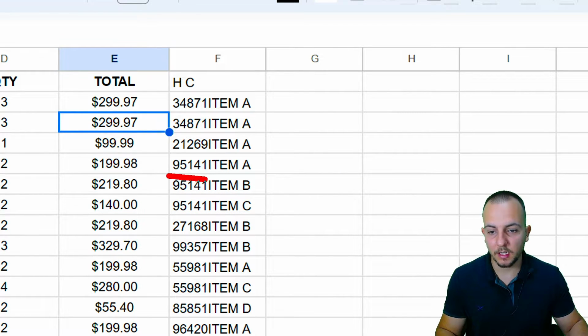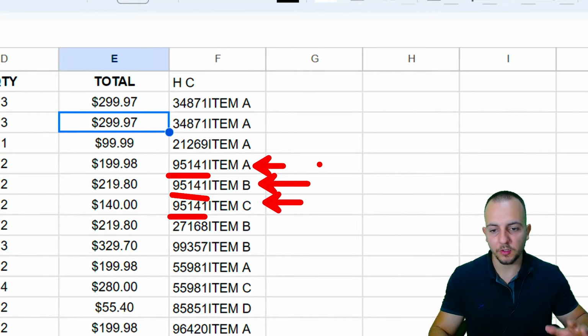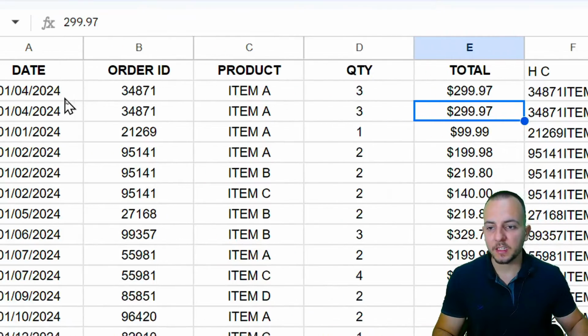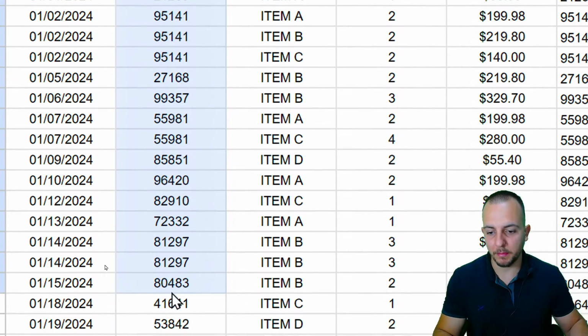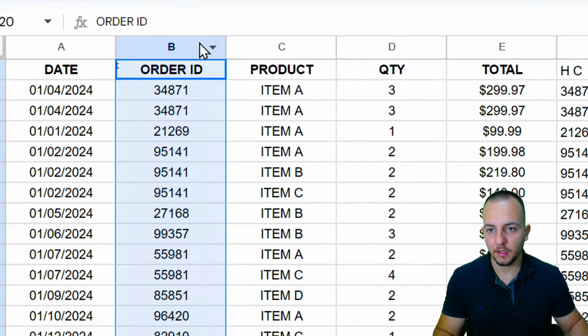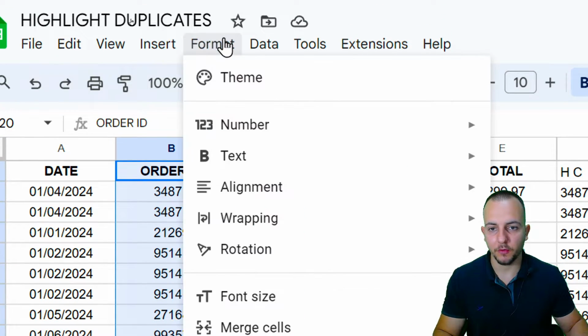Look, the numbers are equal to each other, but here in the ending, they are not equal. So, okay, we solved the problem. Now I'm going to select the column that I want to use to highlight. I'm going to use the column B like this. Okay. Now I'm going to click here, Format,